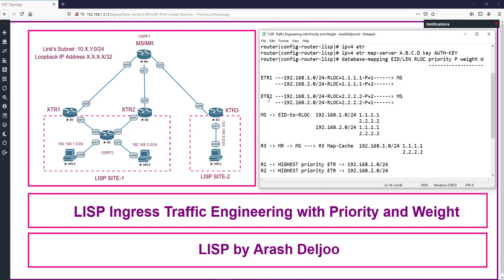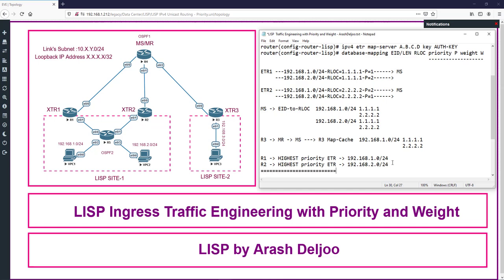This means that ETR2, R2, has the highest priority for receiving the traffic of 192.168.20.0. Don't forget, the lower priority value is the better priority. The lower means highest. Let me first configure this scenario, and after that we can talk again about the details of the priority and